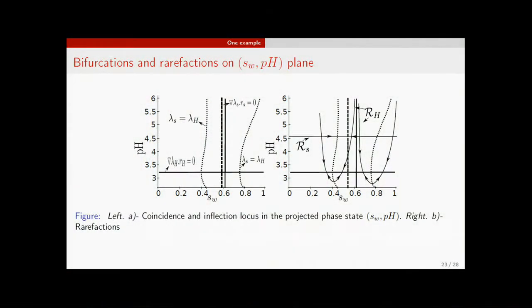In this case, this is consistent with the general theory. The curve, you remember, only depends on pH. pH in this case is the chemical variable, and another structure has the inflection for the saturation, the inflection for the chemical variables, and then this is the general structure of rarefaction and shock. And only in this direction can we cross with the Buckley-Leverett solution.